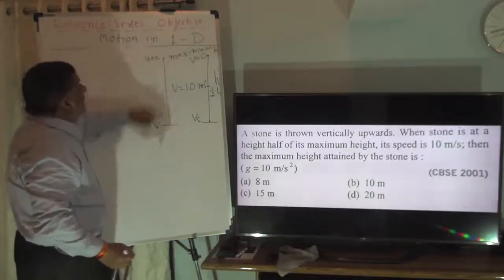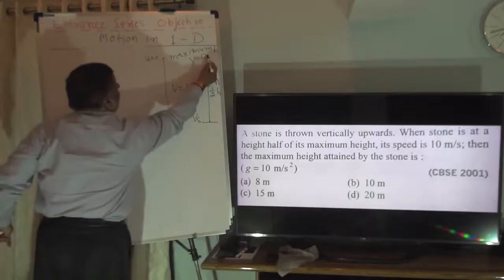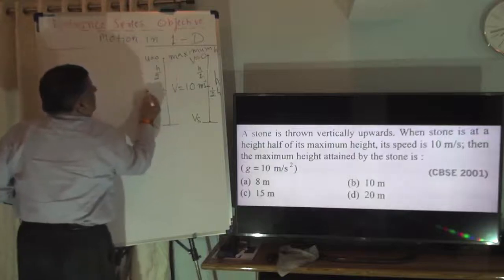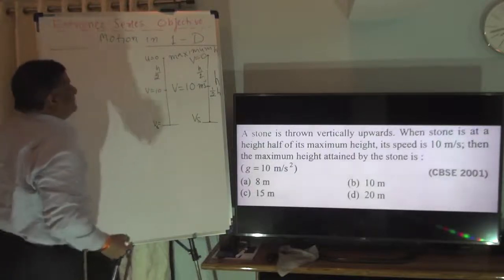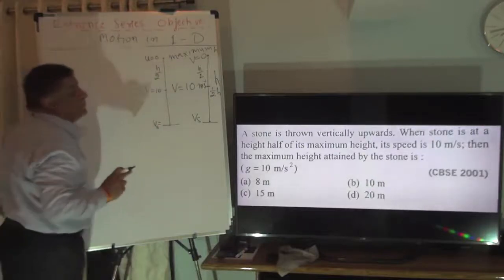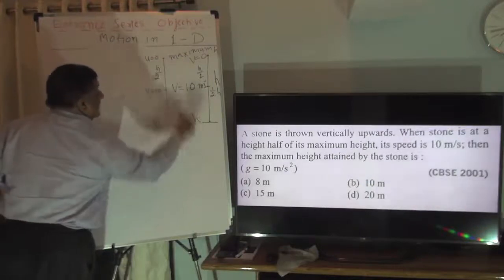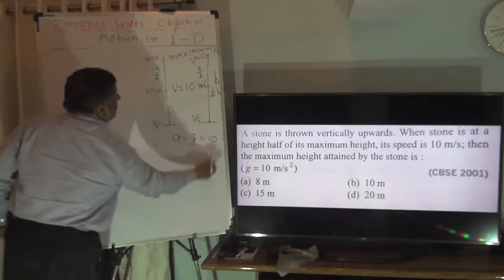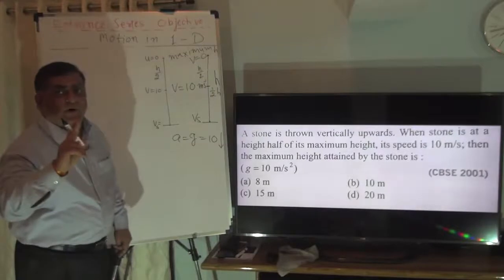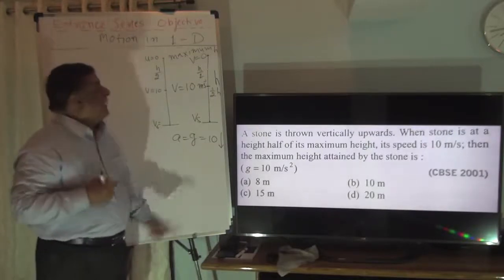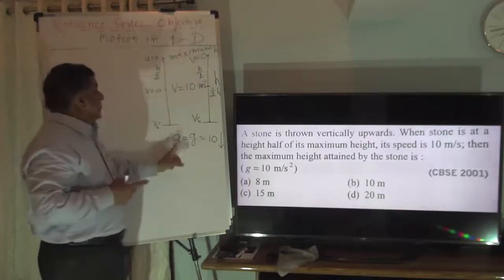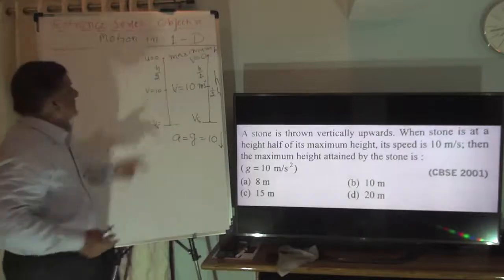Now, we start from here, we get u is equal to 0 and this height is H by 2. The velocity becomes 10. What is the equation we get here? Another thing we know: in any vertical motion, a is equal to g is equal to 10 downward. This is known to us. So we have used our knowledge for finding two quantities. One, at maximum height, the velocity has to be 0. Other, it is a vertical motion, so acceleration has to be taken as 10. So these quantities are given.